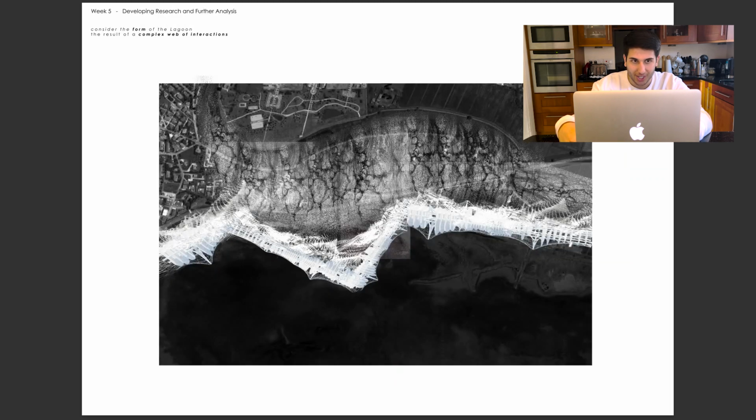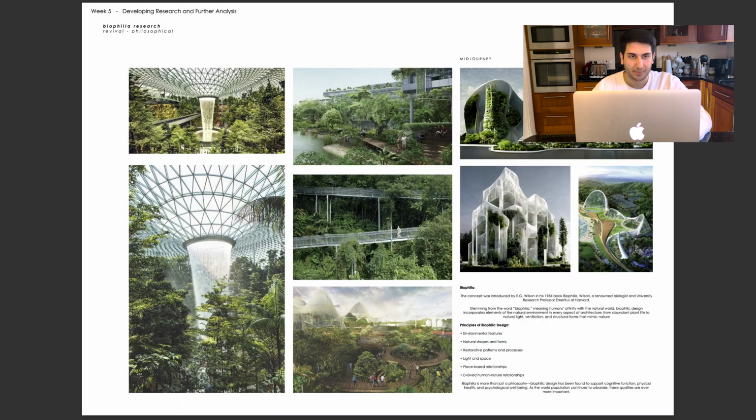Another collage, what I call a complex web of interactions. So can this be a system of different mechanisms that work together along an edge or a strip of Venice that I think is quite interesting to play with? Yep, so some more precedents, whether it's through existing projects, conceptual projects,